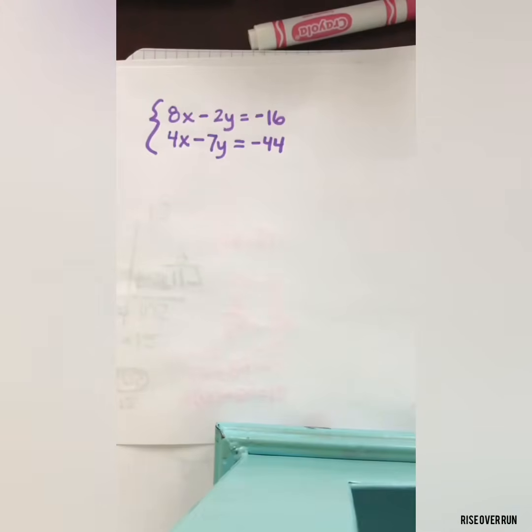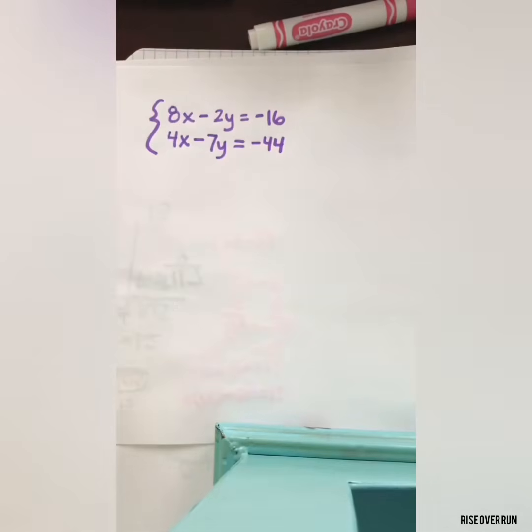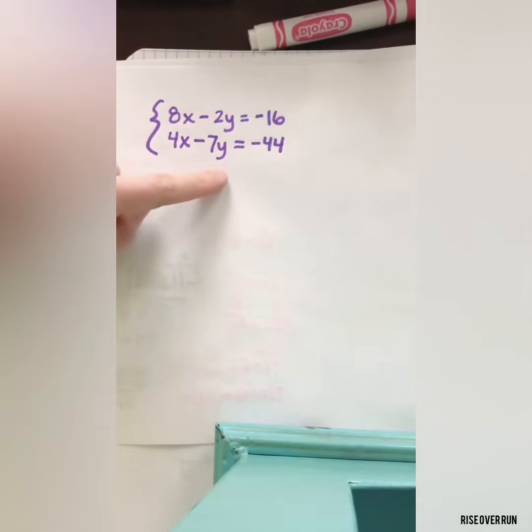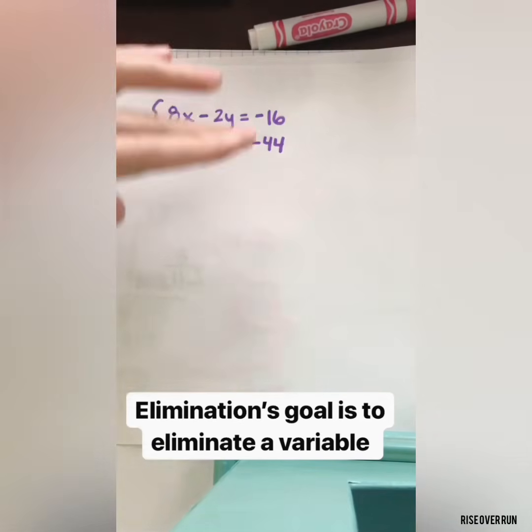Let's look at this system. Both equations are in standard form, so elimination is probably going to be my best method. But if I just start adding right now, nothing will be eliminated. I'll still have x's, I'll still have y's. So it won't help me any. What I need to do is transform one of these equations so that when I add them together, one of